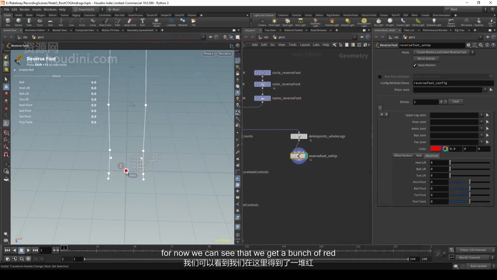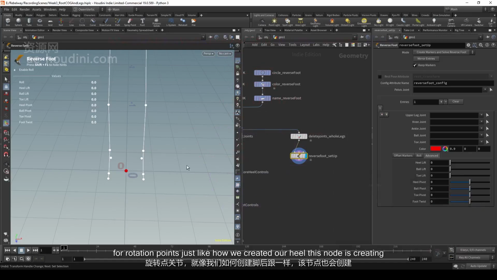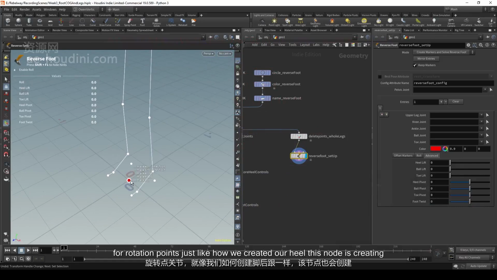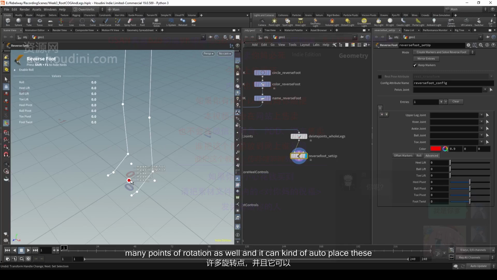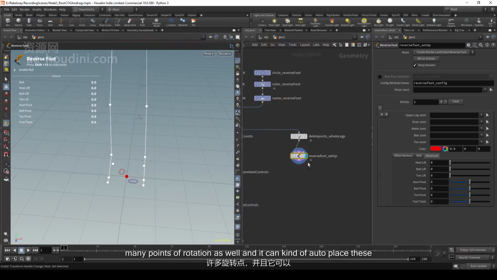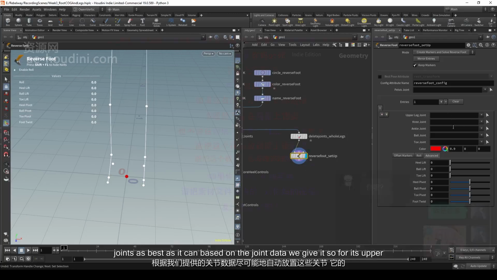we can see that we get a bunch of red dots here that all have their own name to them. And what this reverse foot node is doing is it's creating new points for us, new joints for rotation points. Just like how we created our heel, this node is creating many points of rotation as well. And it can kind of auto place these joints as best as it can based on the joint data we